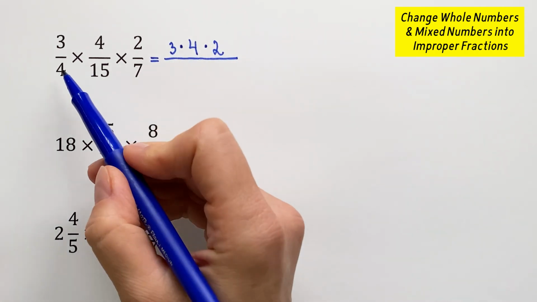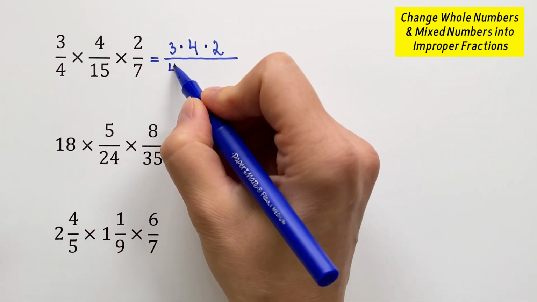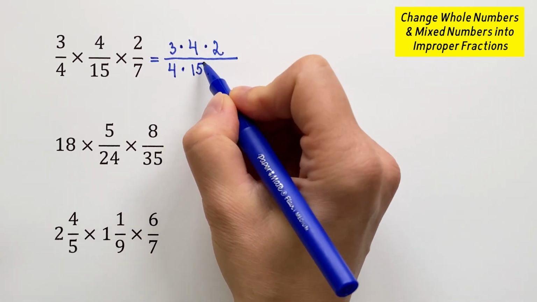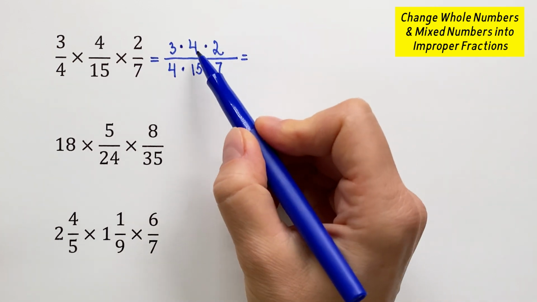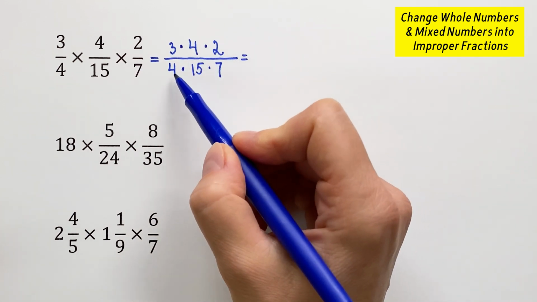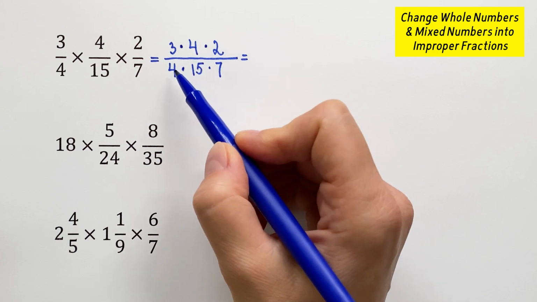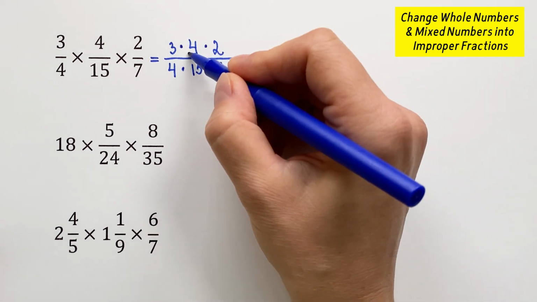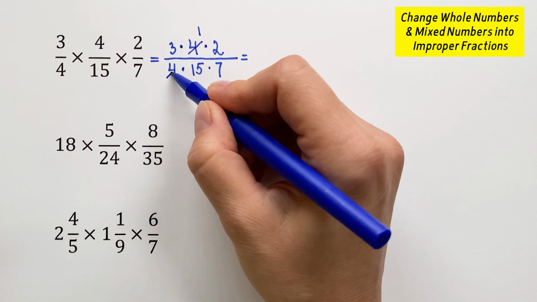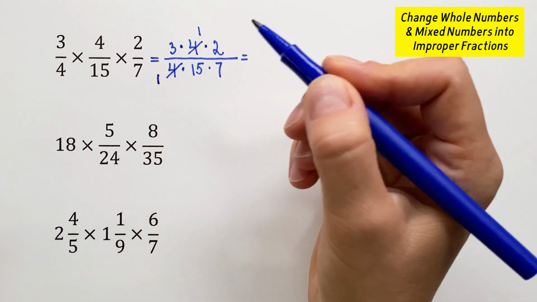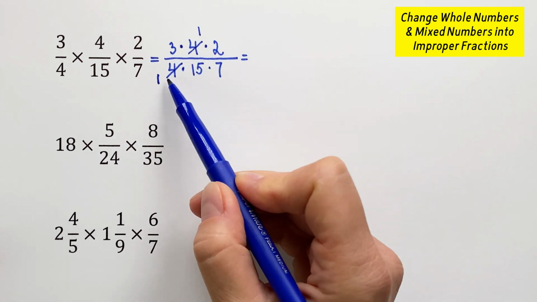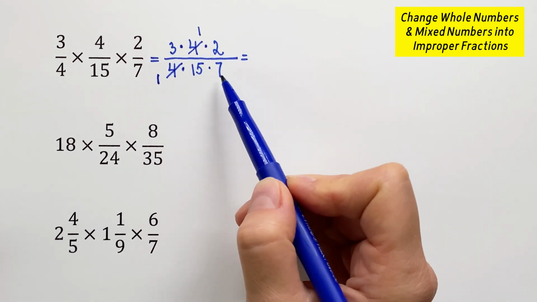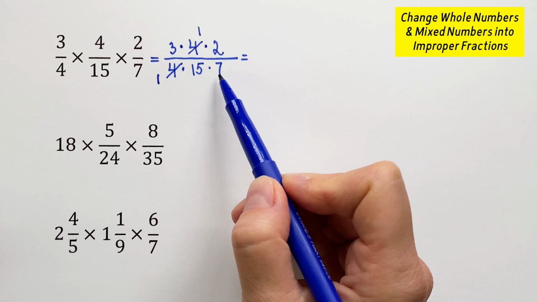Then multiply the denominators. So 4 times 15 times 7. Very good. Now let's look at 4 in the numerator and 4 in the denominator. We can cancel them because 4 divided by 4 is 1. 4 divided by 4 is 1. Look what's gonna happen. Look at any numerator and any denominator and see if we can divide them by the